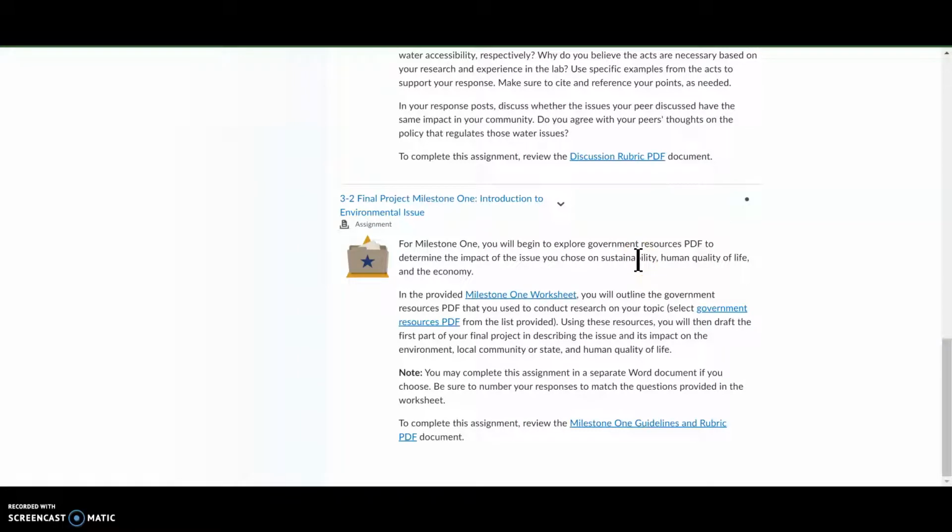I'm going to talk to you about your Milestone project. So this is your first major project where you are going to be working on your environmental issue that you selected for discussion 2. And this is the topic that you're going to keep throughout the entire rest of the course. So when you are in Module 3, if you scroll all the way down to the bottom, you'll have